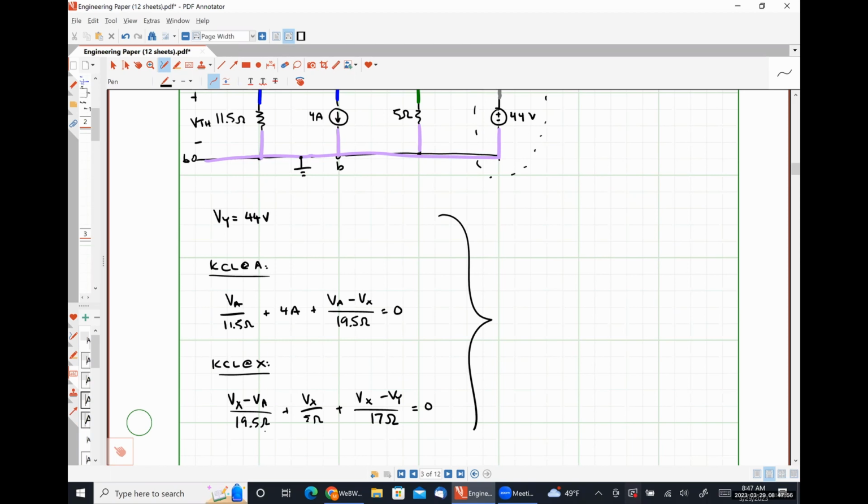In my third equation, my coefficient for VA is negative 2 over 39. My coefficient for VX is positive 2 over 39 plus 1 over 5 plus 1 over 17. My coefficient for VY is negative 1 over 17. Constant term is 0. Solving, I get